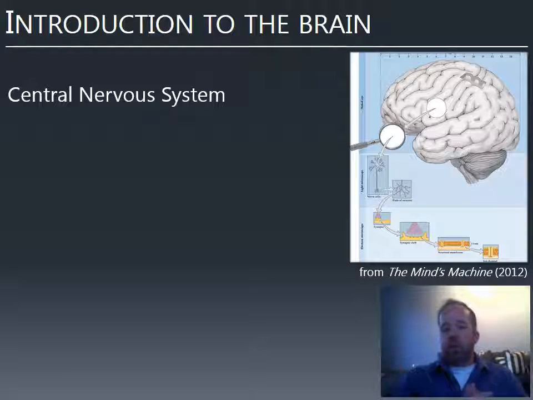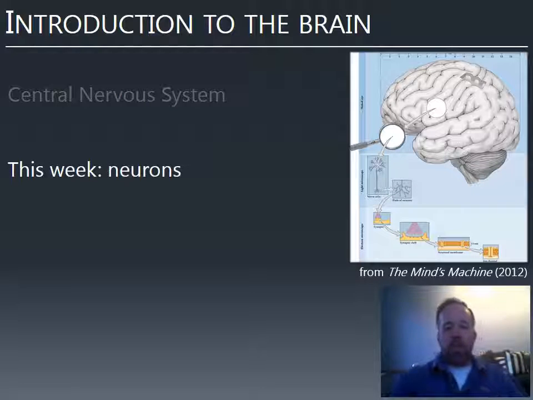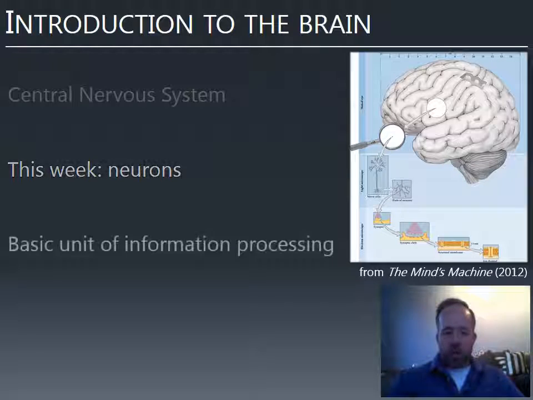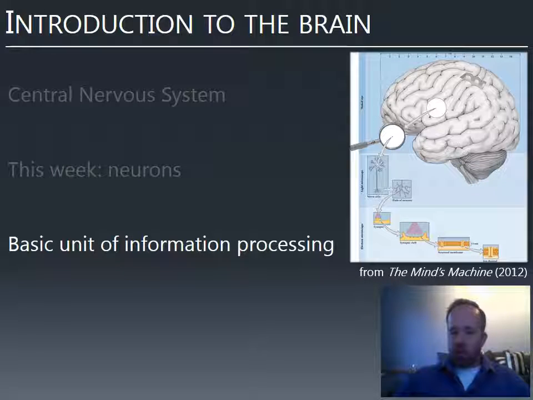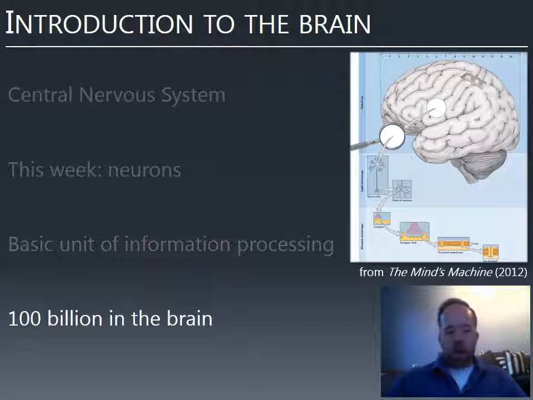So we're talking about the central nervous system. So this is the brain and the spinal cord. We'll talk about the peripheral nervous system later. And this week we'll focus on neurons, the individual brain cells. And the neuron is the basic unit of the brain. It's the basic unit that processes information. And as you might imagine, for a human brain at least, there are lots of them. In fact, you've got 100 billion in your brain, give or take. So these cells connect to one another, so you can imagine the sheer number of connections is really quite large, and that's what allows our brain to process as much information and process it as deeply as it does.